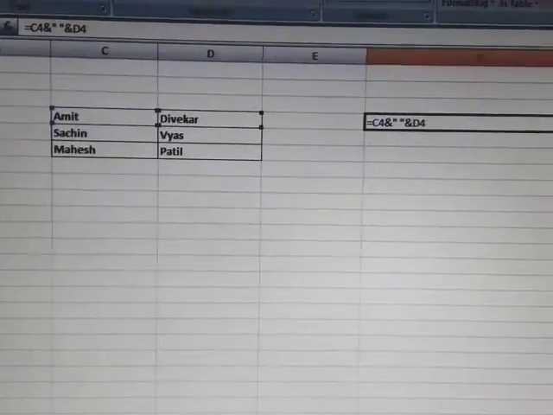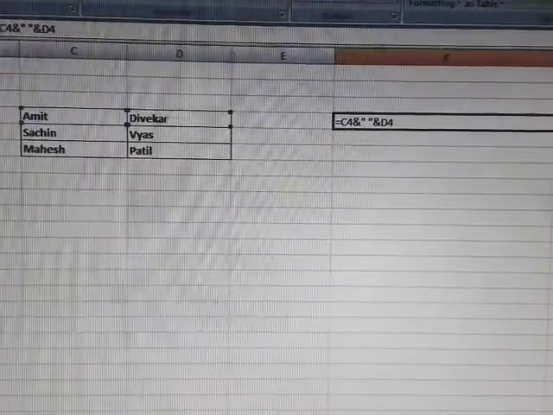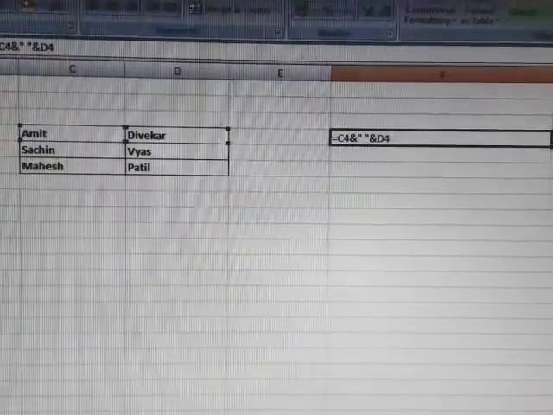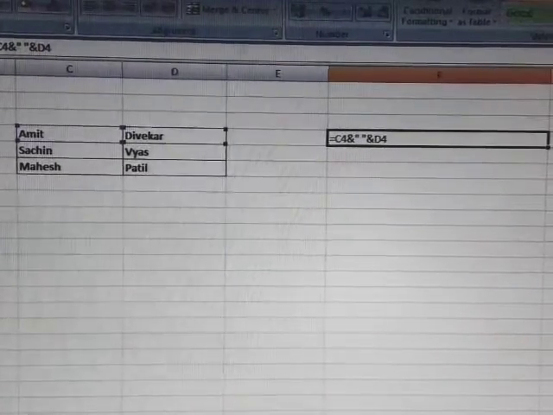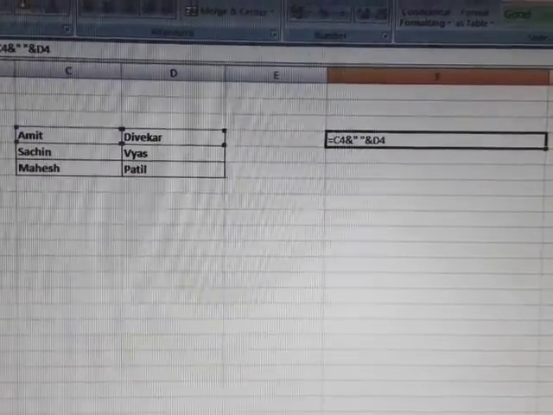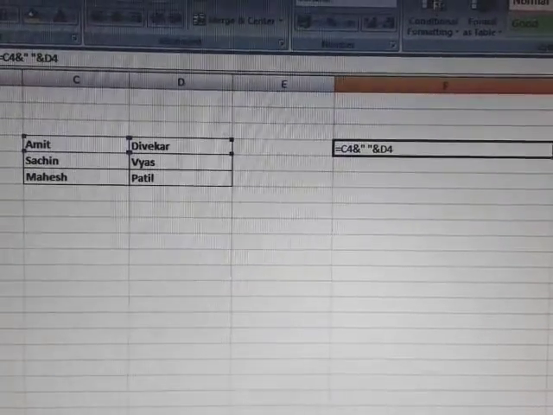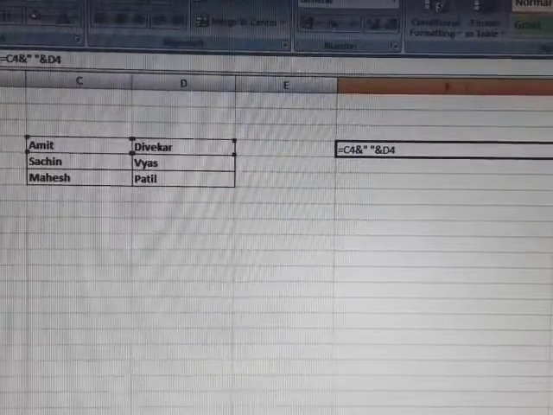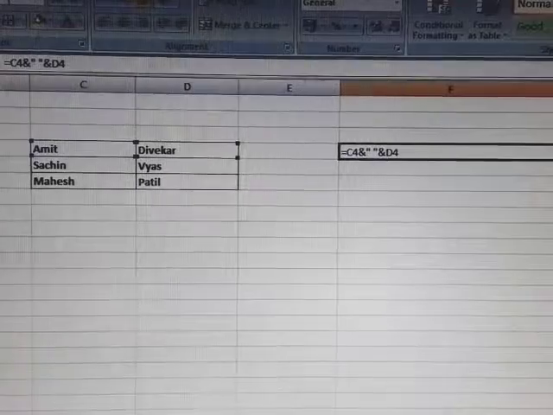What I have done in cell F4 is I have written a formula. A formula always starts with equal to, that's why I have written equal to C4. What is the data in C4? It is Amit. And then I have used the ampersand symbol.